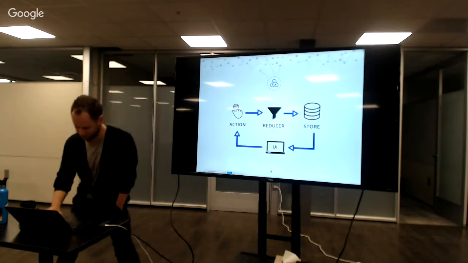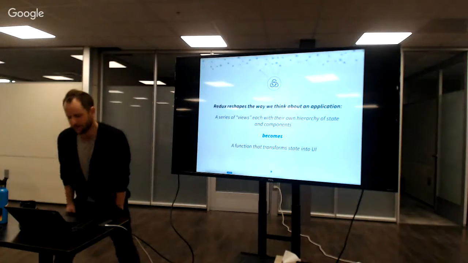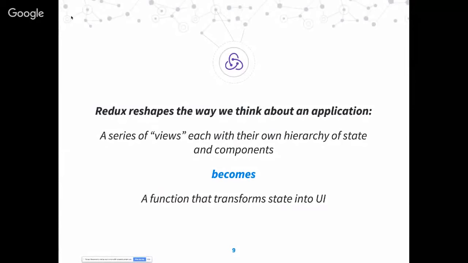Nods. Okay, cool. So yeah, this is really the crux of what I want to get across today, is that I think in order to really practice Redux development, you need to shift how you think about an application. What I love most about Redux is it unlocks new ways and new types of UIs that I think weren't even imaginable a few years ago, when everything was focused on, let's call it the Ruby on Rails model, where you had all these MVC views, and each one of them has to ping the server for data. Or even the pure React model, where each component again has its own internal state.